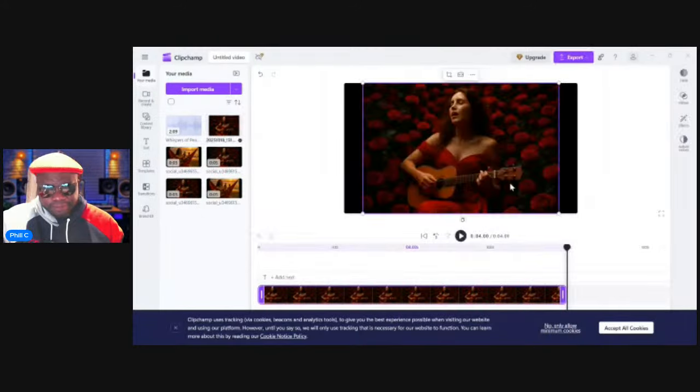Now, as you can see, she's not filling the entire screen. So what you need to do is click the fit button at the top, and that will automatically make her fit if you just press a couple of times. And then you can bring the image down by just clicking and dragging. And once you're done with that, this could be the first clip in your video, but it's only 5 seconds long. So let's go back and play.